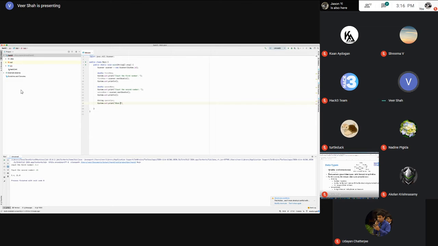What operation do you want to use, right? Or we could say, input the operation that you want to use, right? We leave a space so that they can put it in there, and then we'll say that the operation is equal to scanner dot next, right? So we'll do operation is equal to scanner dot next,